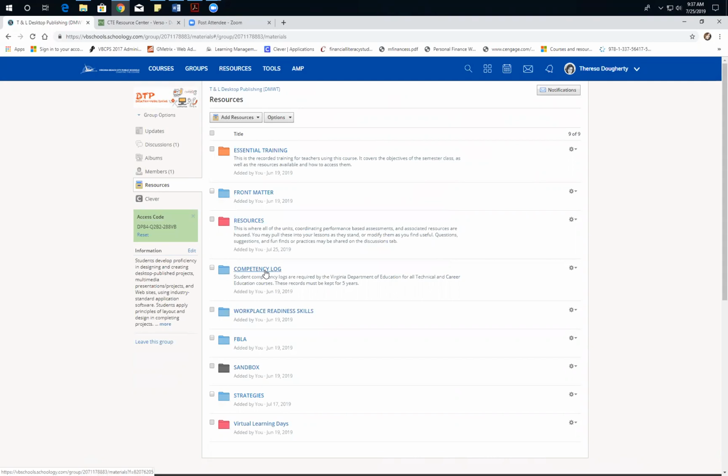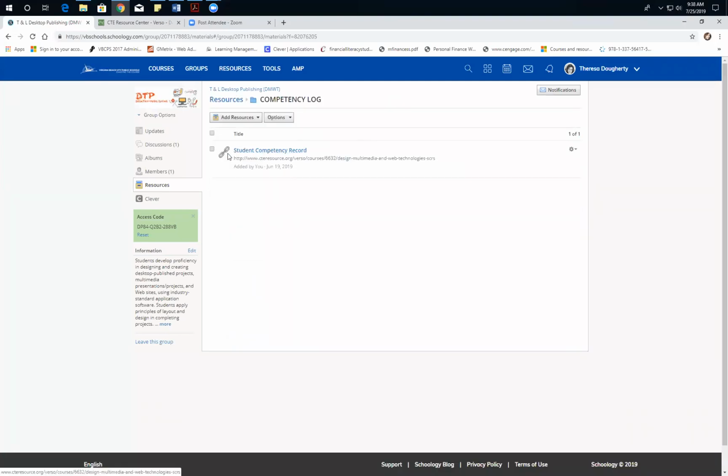But I want to go over to the competency log real quick. Competency logs are items that are required to be kept for 5 years. The VDOE requires us to keep those student competency logs for at least 5 years, and they can be done in several different ways. They can be kept electronically or on paper. I would say electronically is definitely the way to go. But what I like to do for this is keep it as a link rather than upload a Word document, an Excel document, or a CSV in here,